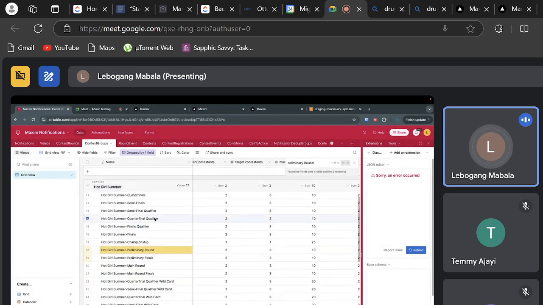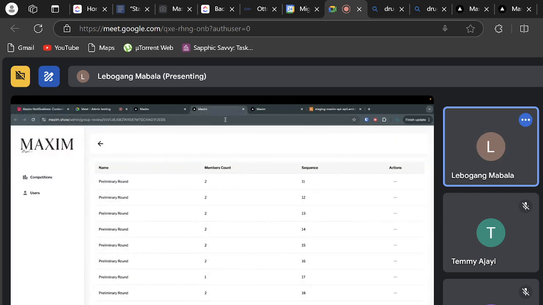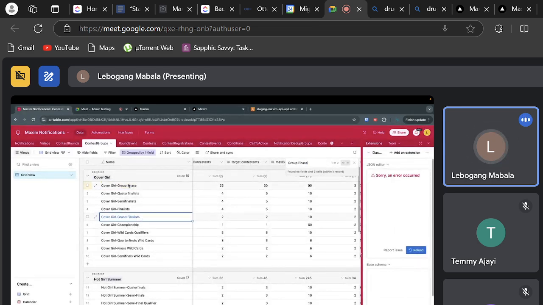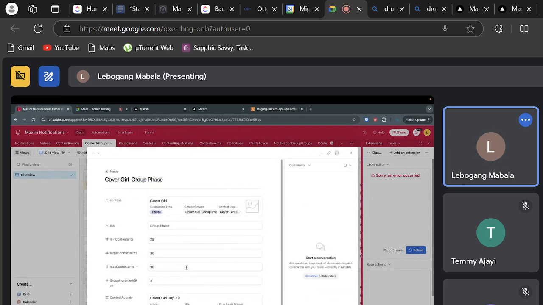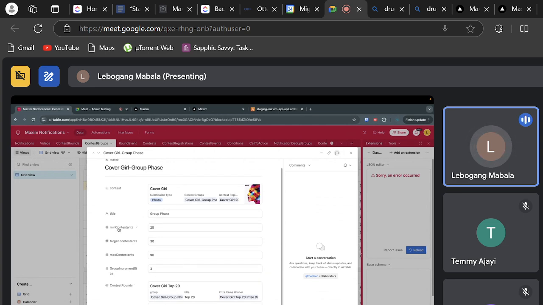But I'm gonna just go to the example of Cover Girl one. I'm just gonna close this one. And then, so for Cover Girl, we have the group phase, right? And the group phase here is this one, Cover Girl group phase. And looking at this is the same thing. So you see here, main contestant is 20 and the group increment size is 3, right? And that means that we're going to increase our